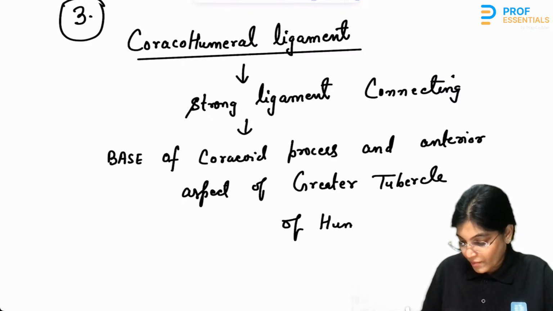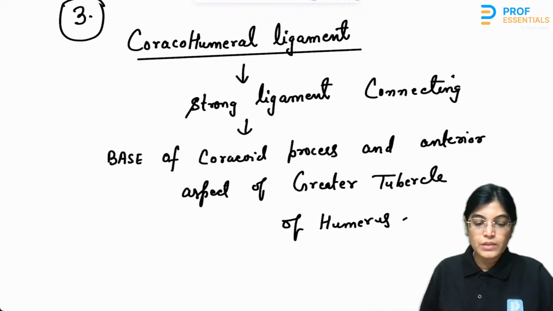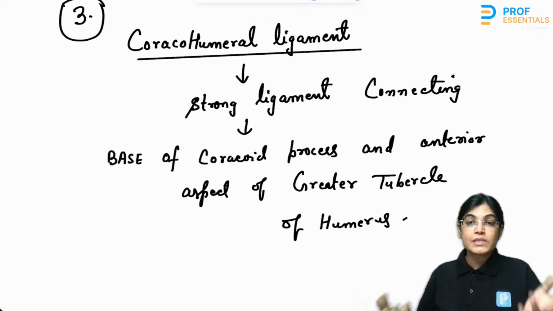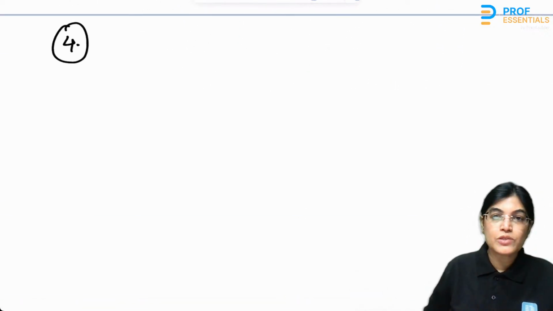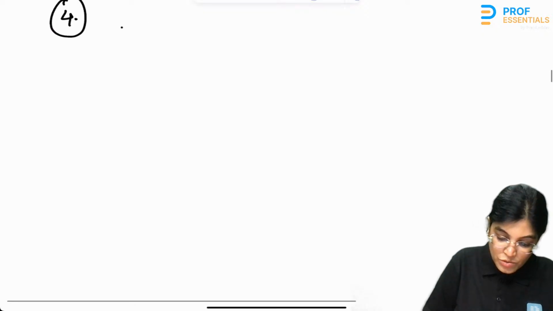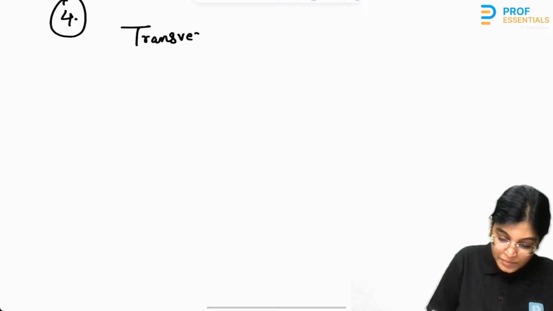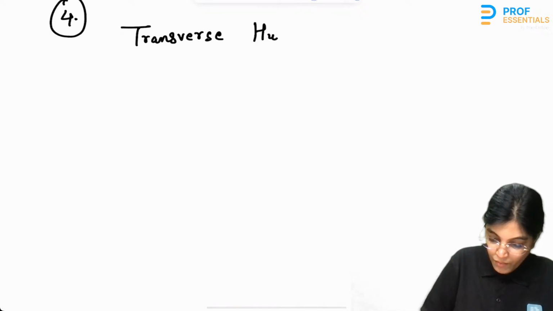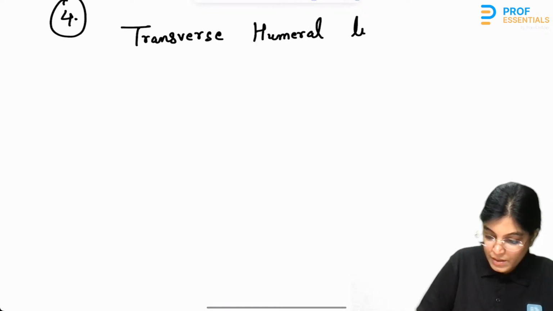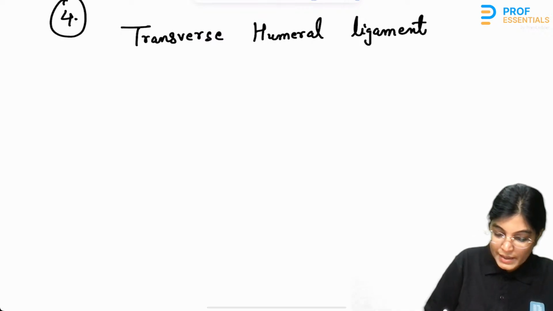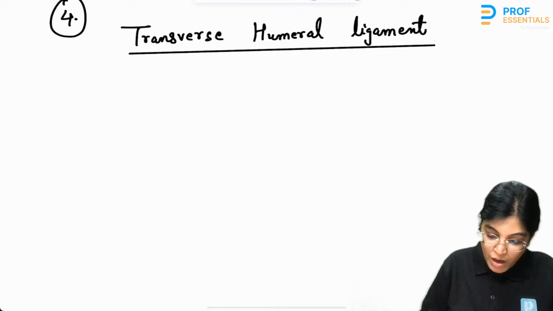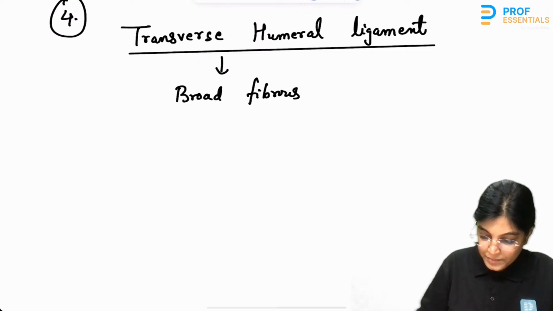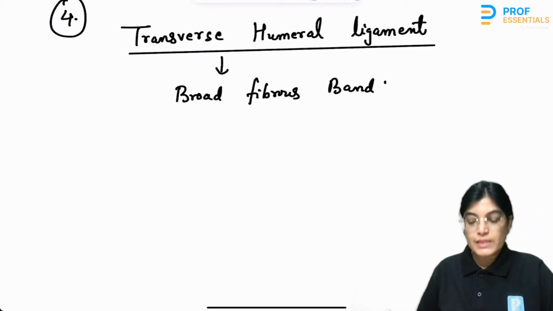Done? Okay. Now, talking about the fourth ligament, which we have also seen, that is the transverse humeral ligament. So the fourth ligament which you should know is the transverse humeral ligament. The transverse humeral ligament is connecting the greater and the lesser tubercle of the humerus bone. Basically, it's a broad fibrous band which is connecting,